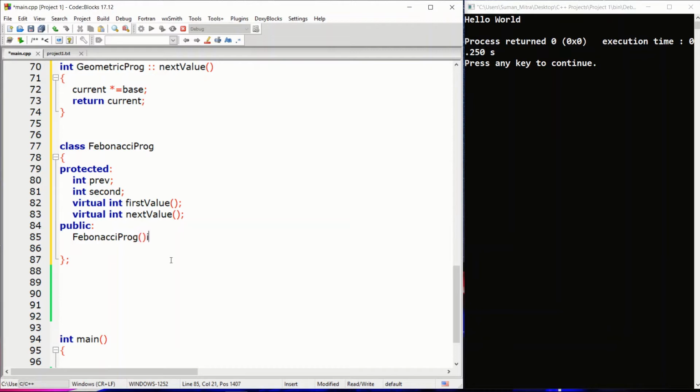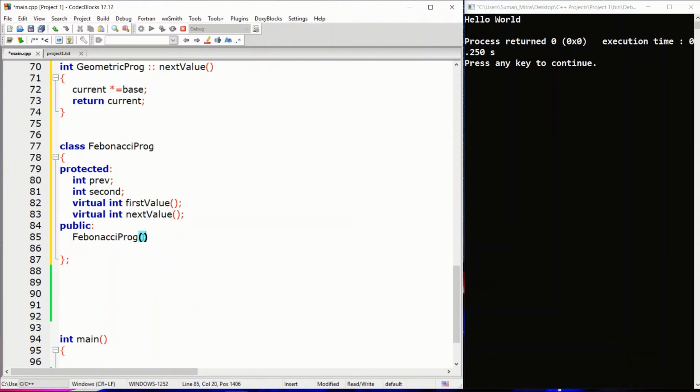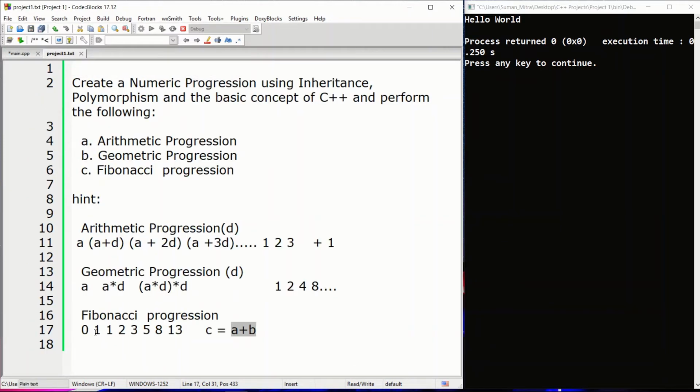So we'll just write int, okay, not here, come here, okay, int first number. By default the first number should be 0, and the second will be 1, so that we get this feeling of 0 and 1, so that we print the first number as 0 and the second as 1. So that's how we declare the class.